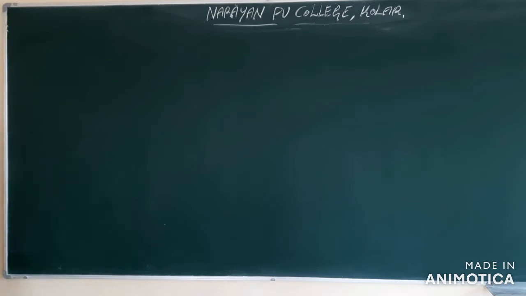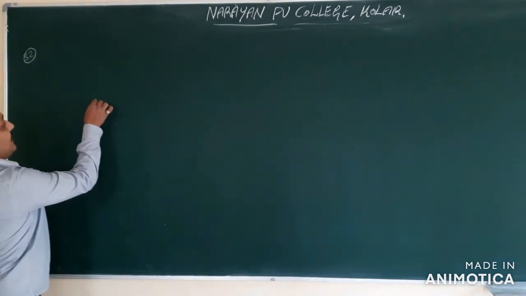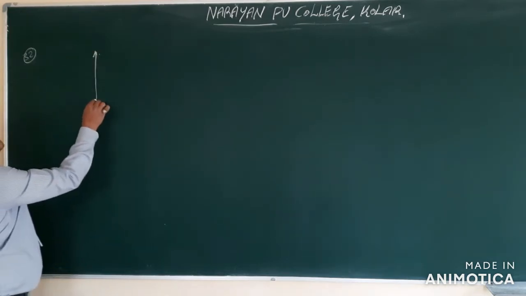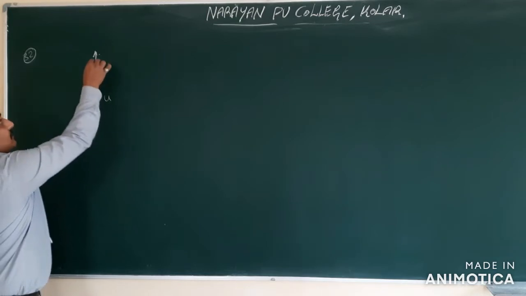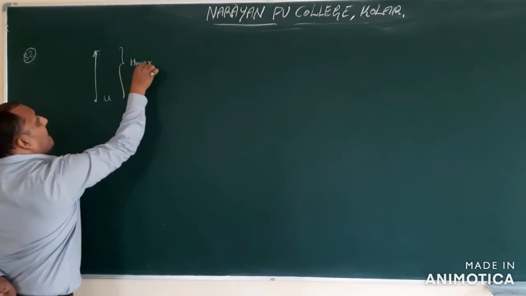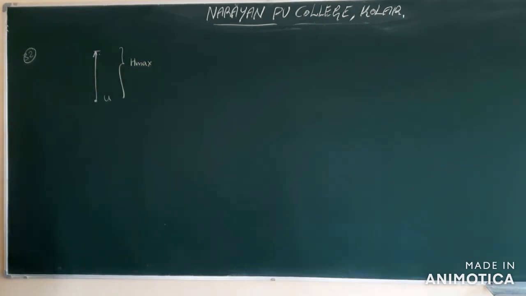Okay. So they have given a ball is projected vertically upwards with some velocity. Did they give velocity? The ball is thrown vertically upwards. It has a speed of 10 meters per second when it has reached one half of its maximum height. They didn't give initial velocity. Let us assume initial velocity u. Generally, we will assume maximum height, h maximum.